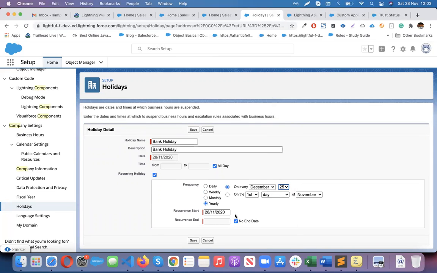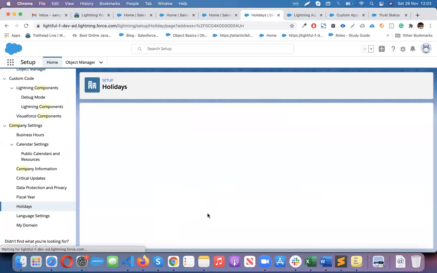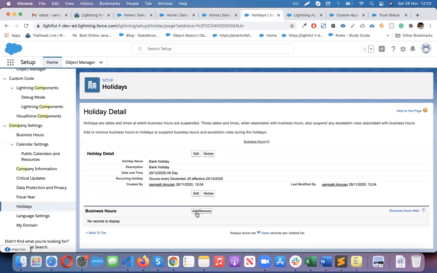You can put holidays, Christmas holidays, yeah. So like this, you can set it up. This is just a sample. And you can assign this holiday to specific business hours, so that whenever somebody calls, let's assume using Salesforce,